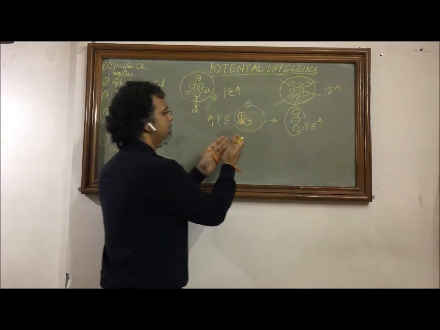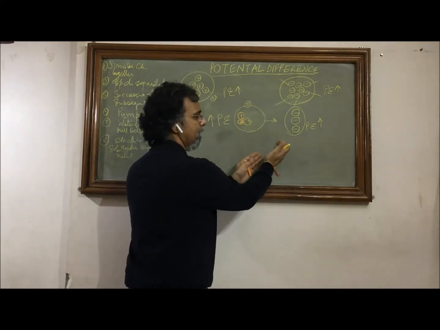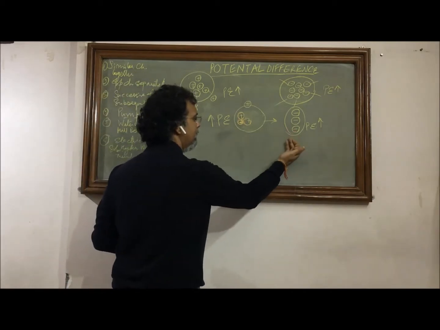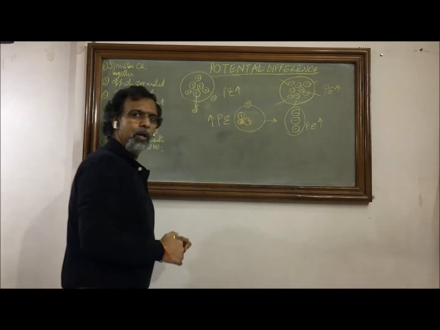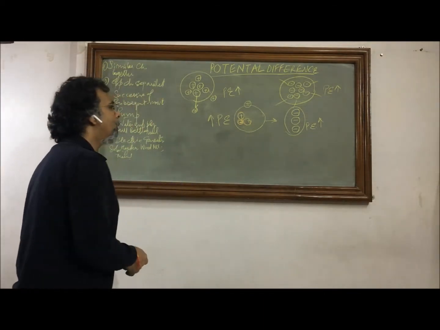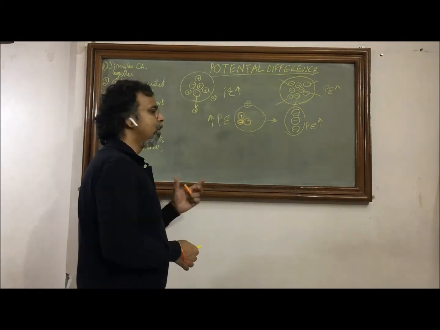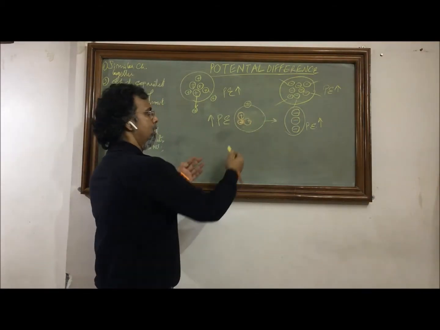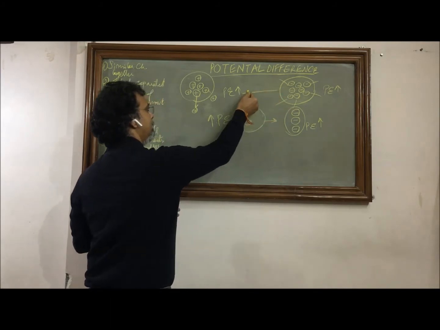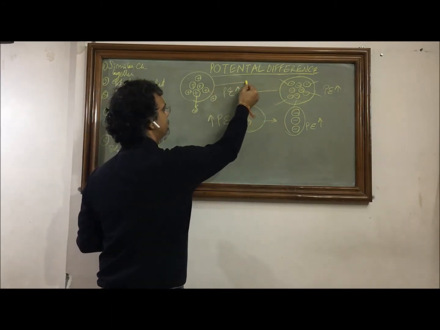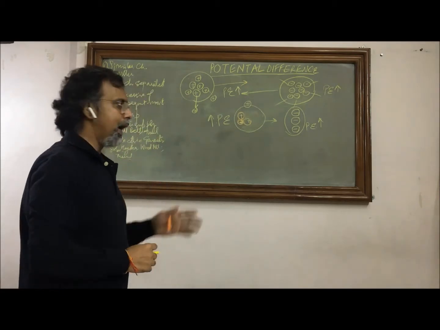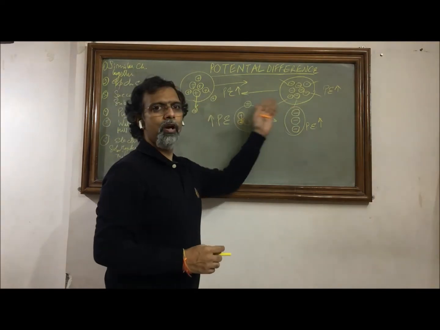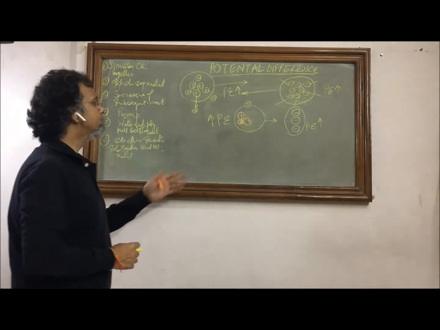And if dissimilar charges, if positive and negative charges are separated apart, they have a higher potential energy than they would have had when they were in combination. These are the important concepts to generate electricity. Now you know, higher potential energy means this would try to move in this direction, this would try to move in this direction spontaneously. And a spontaneous movement of charge under the influence of potential difference is known as electric current.